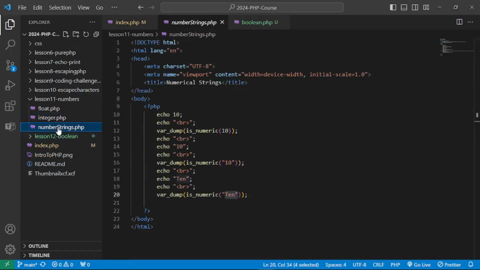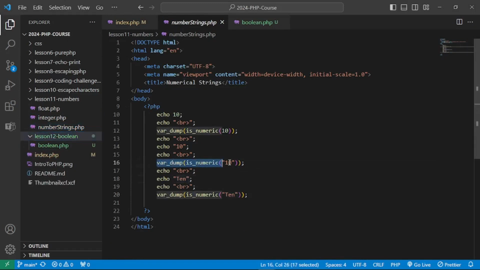I think that's in our number strings here, and we're checking on whether this integer is numeric, this string is numeric, and this character or the word 10 is numeric. And we're seeing in our browser that this is true, true, and this one is false. So this is a very common concept in other programming languages, having some Boolean values. So just have that in mind for the meantime as we go along with further seeing some more examples,